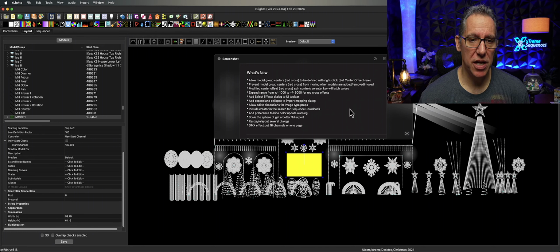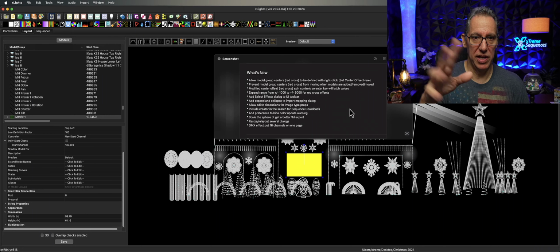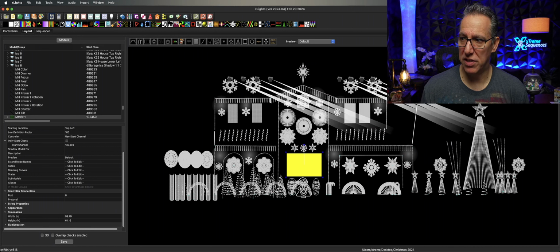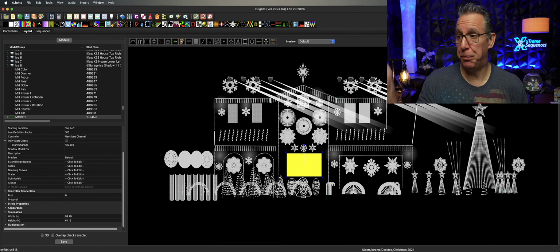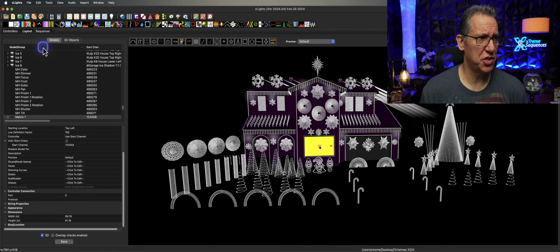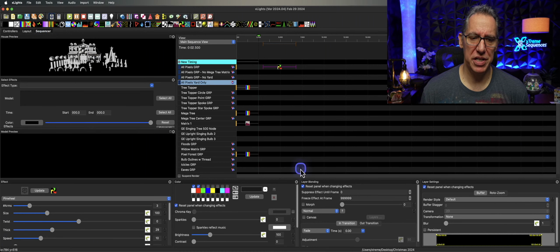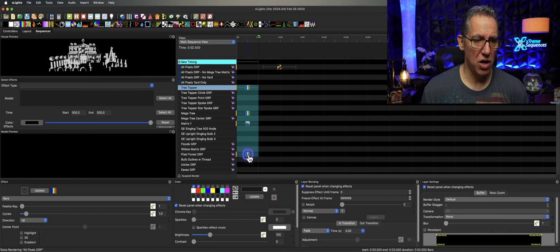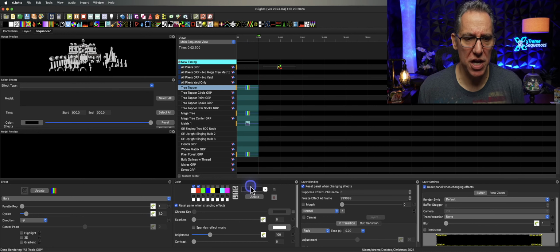Add preferences to hide color update warning. Oh, man, this is a nice one. And I don't see in this list, because this came from Mac, I didn't see who did these. I'll have to go over at xlights.org to see who might have done these. But this is a good one because this is just something that was sort of an irritant to me. So if I have multiple models with effects and I want to change all the colors, so if I select all of these effects,